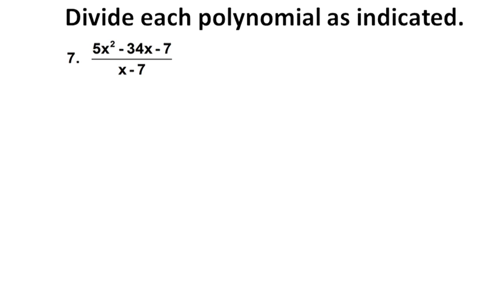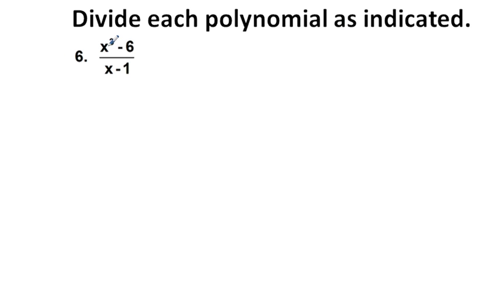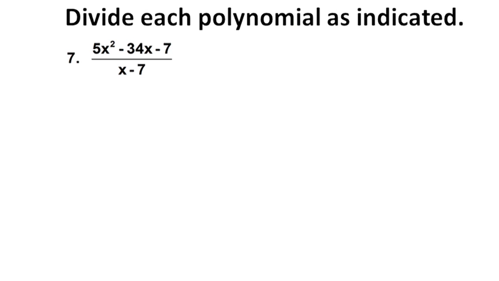Next on our problem, which is 7, let me look at 6. 6, you're going to have in synthetic division 1, 0, 0, 1. Okay, let's look at 7. We have 5x squared minus 34x minus 7. And for the sake of variety, I think I'm going to try to do this one by long division. So we go like this, make our long division bracket. We have 5x squared minus 34x